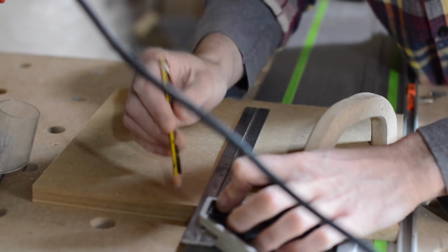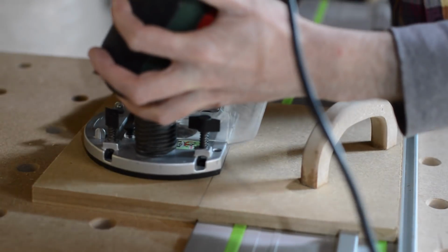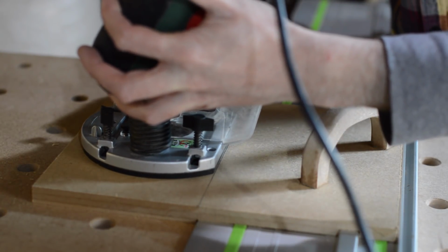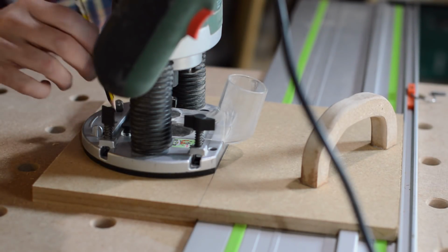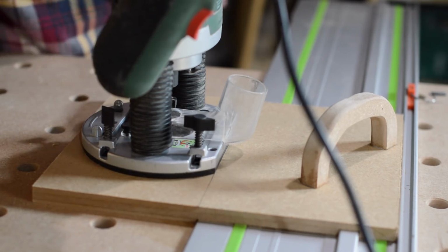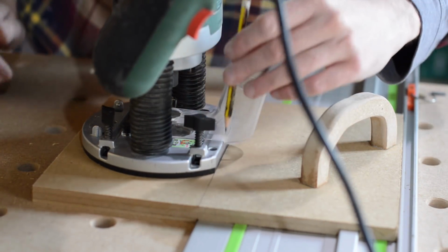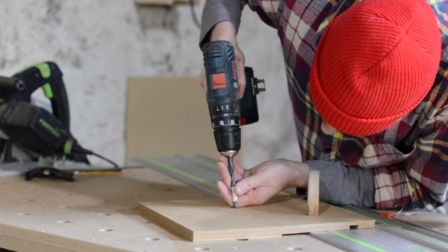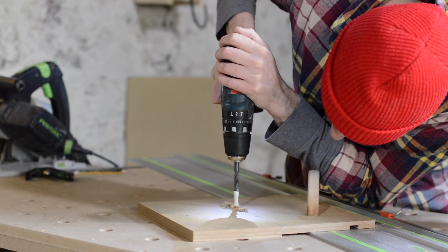Right, it's about time to actually attach the router to it. I've seen other sleds that attach the router using the rail system, but I thought I'd try something else. My router has 3 holes in the top. You could take the base off and screw in using the threaded inserts, but then each time I want to change the router I've got to take the base off and put screws in, and that sounded like a bit of a pain. Most routers have some spare holes in the base so you can attach them to things,